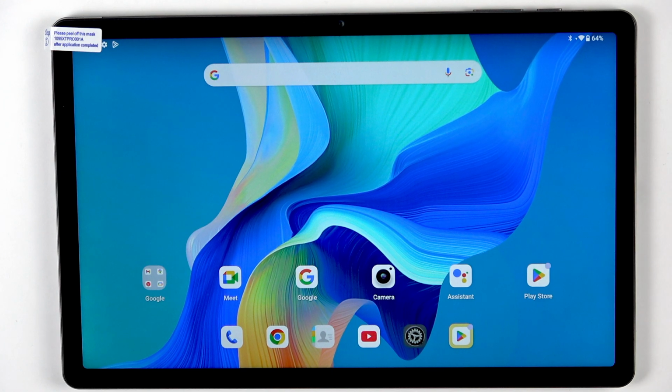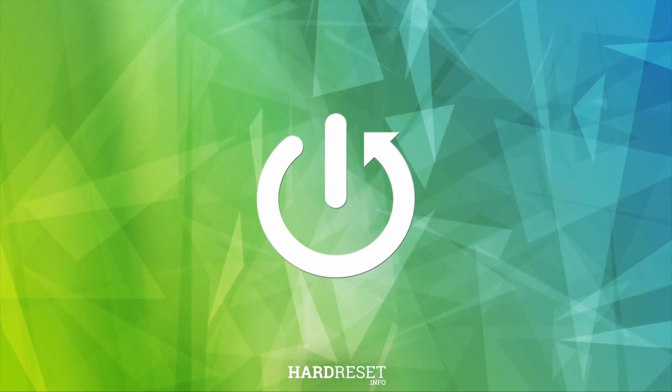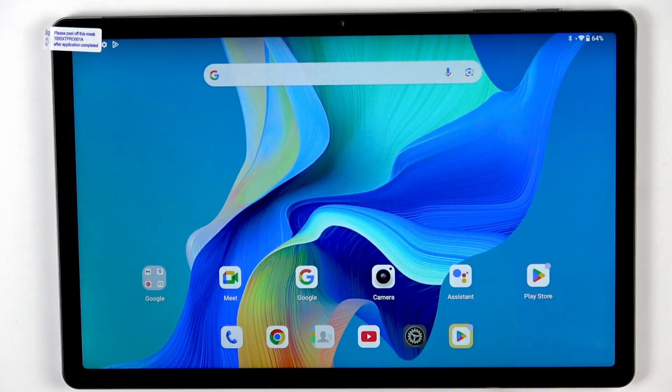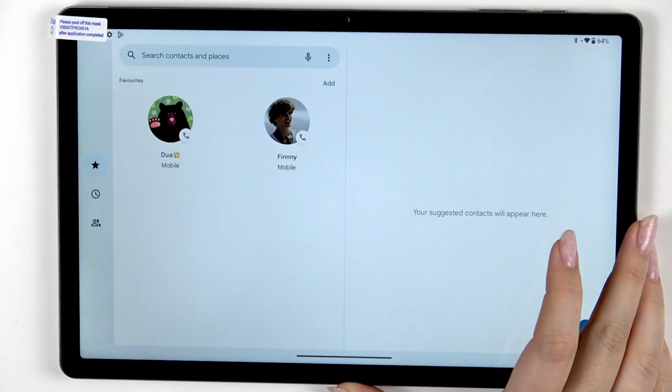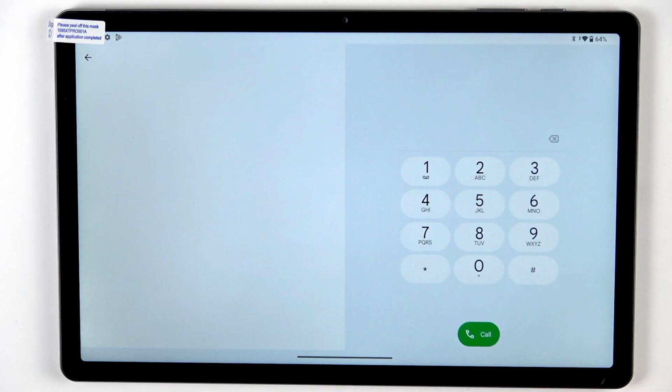Hi everyone, in front of me I've got TECLAST T50 Pro and let me share with you how to use secret codes on this device. So let's start with opening the dialer. Here choose the keypad, which is right here, and enter the first code, which is